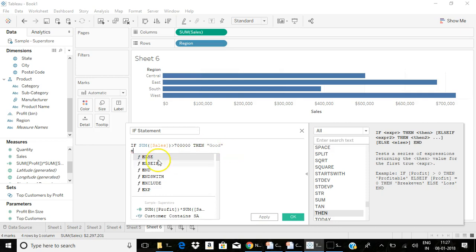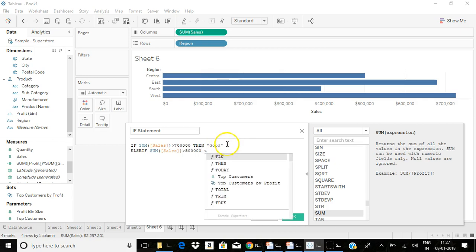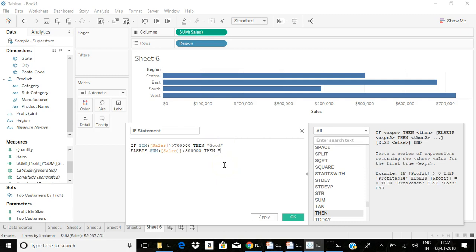Else if sum of sales greater than 5 lakh, then average, else poor, end. So this is an if statement.